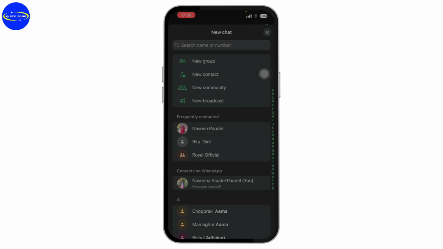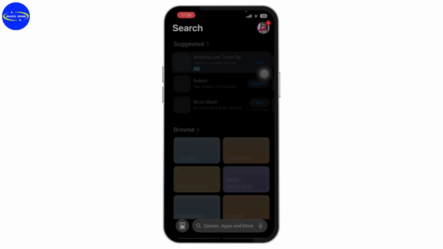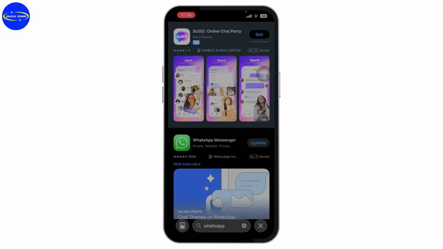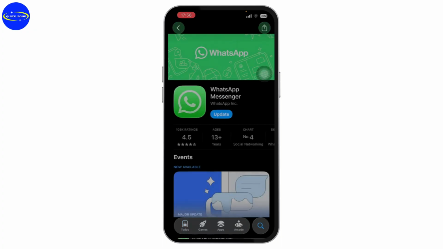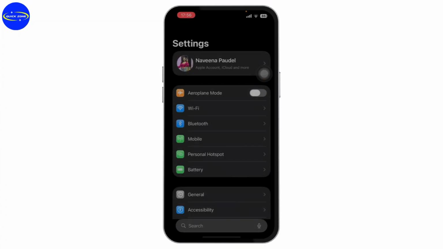And if the issue is still not fixed, then open up your app store on your device and then tap on the search bar and search for WhatsApp and make sure that the app is updated. If you have an update, tap on the update and make sure that you have updated the application. After that, you need to go back and then open up your settings,